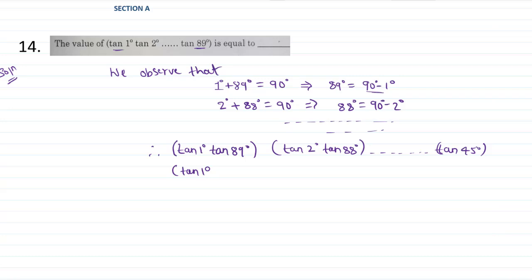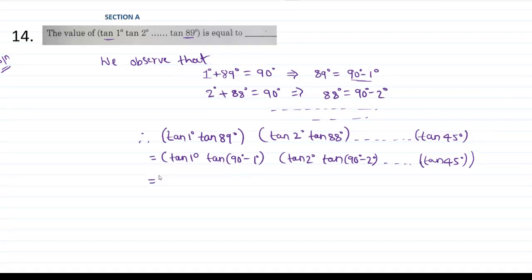89 degree may be written as 90 degree minus 1 degree. Therefore, tan of 90 degree minus 1 degree. Then tan 2 degree into tan of 90 degree minus 2 degree, and so on, tan 45 degree. In the next step, it is tan 1 degree as it is, I am writing tan of 90 degree minus 1 degree. Yes, we know that